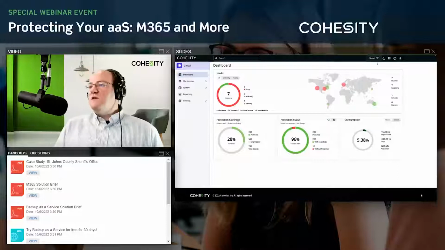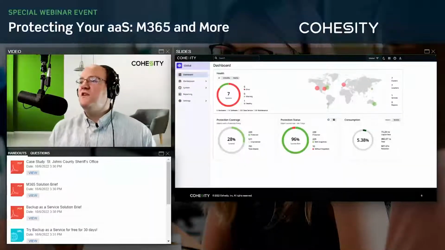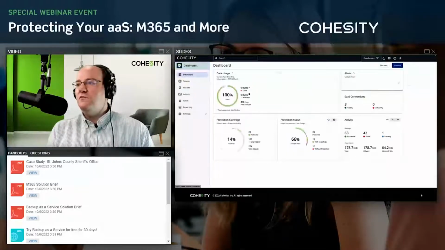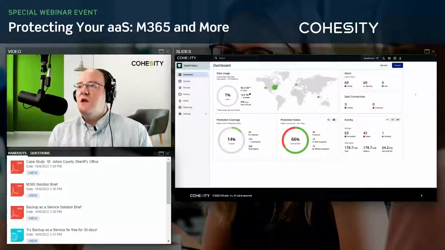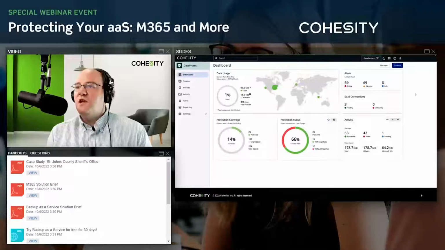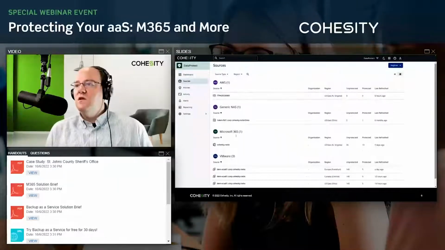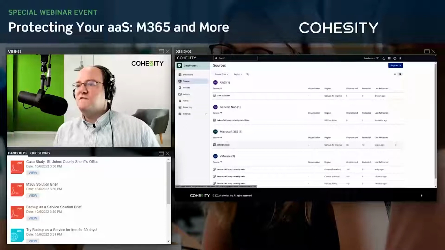Now we're going to do the same thing. We're going to change the context to backup as a service, and we're going to do some more Microsoft 365.